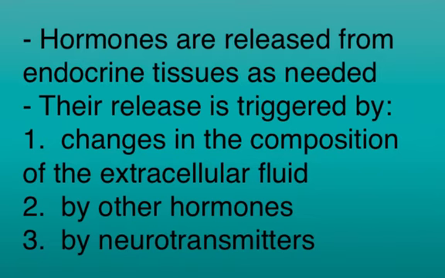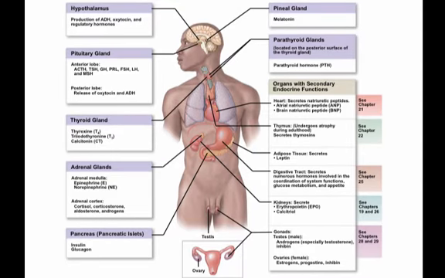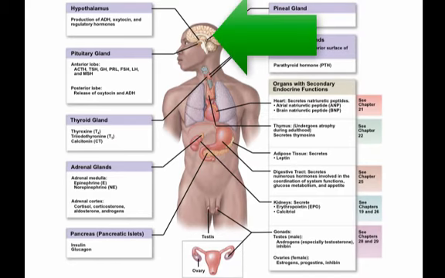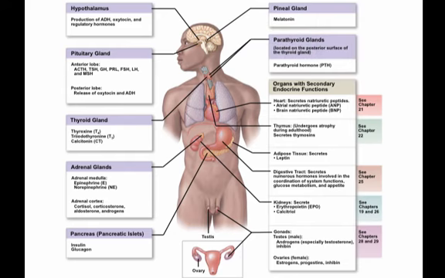In the endocrine system, hormones are released from endocrine tissues and organs as needed. They can be triggered by changes in the composition of the extracellular fluid, by the arrival of other types of hormones, or by the arrival of neurotransmitters. When 2 or more hormones are involved, the process is much more complex and may require intermediary steps. The hypothalamus is usually involved in these more complex processes and will release hormones that regulate the release of hormones by other endocrine structures. These hormones will be released in sudden bursts, creating a dramatic increase in the hormones.